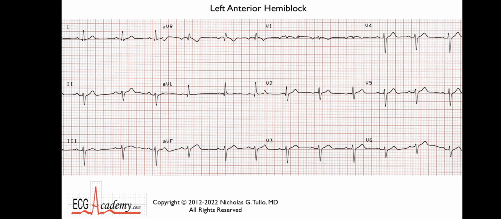Here's my first example of left anterior hemiblock, and it looks fairly normal initially. When you look at the forest you can see it's a little irregular. You have some sinus arrhythmia, you have slower rates here, then it speeds up a little bit in the middle, and then it slows down a little bit towards the end. So it's just sinus arrhythmia with an average rate of somewhere around 65 or 70 beats per minute. You can see the P waves are upright in 1 and AVF, and so we'll call it a normal sinus